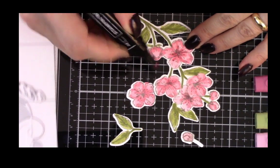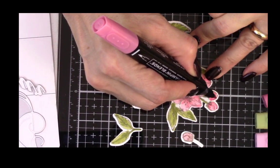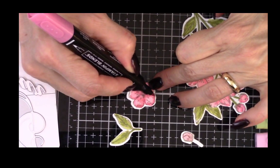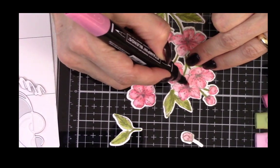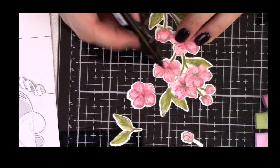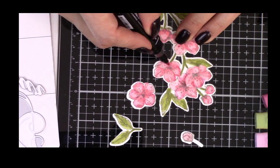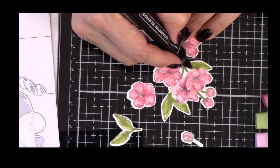Okay. And what you're doing is layering your colors a little bit more, because you have a light and dark with one color, but then you can add another color in there. Sometimes I like to go right here where one petal meets another petal. That's where I like to do an outline, because that shows where that petal is throwing a shadow